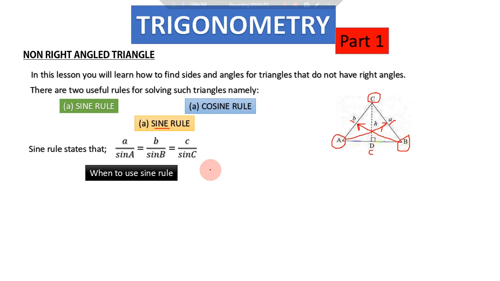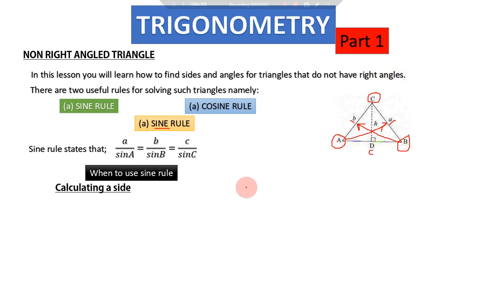Questions will come, for instance, asking you to find a side. They'll say calculate the distance AB. AB is a side, AC is also a side, CB is also a side. So if I ask you to find a side,